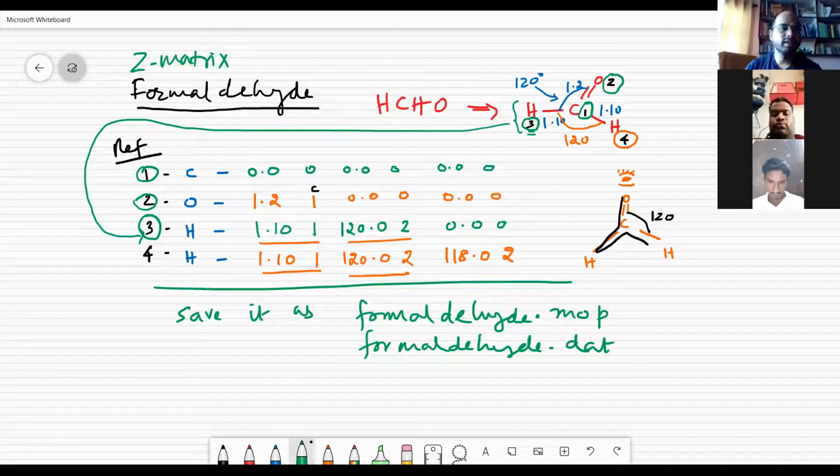I'll just show that file which I have written, to see how we have already done that. I'm copying the values.